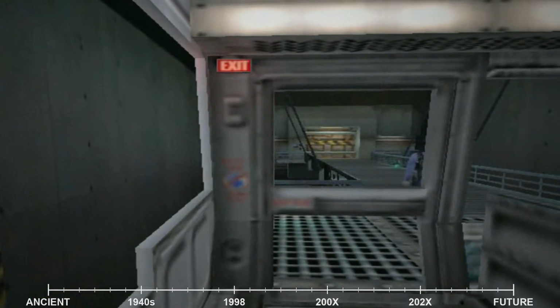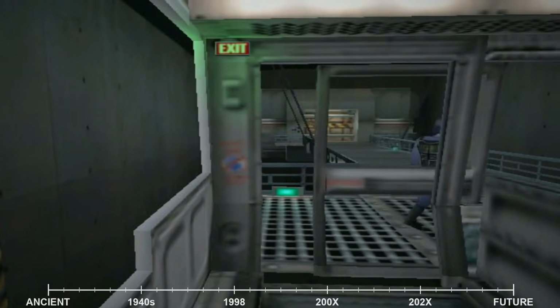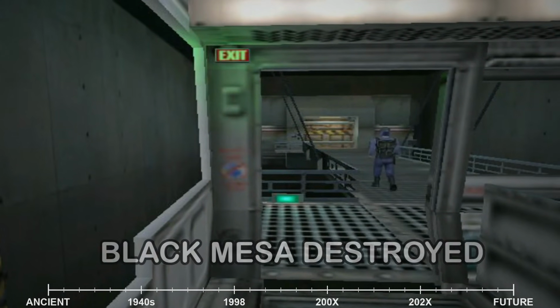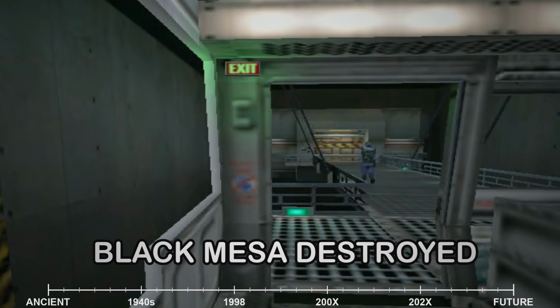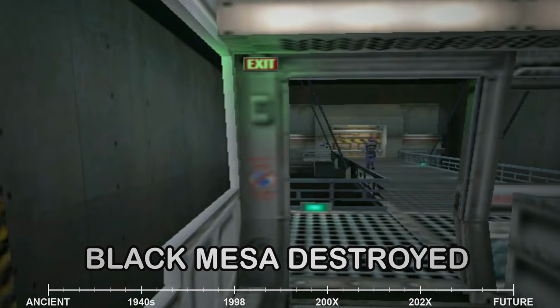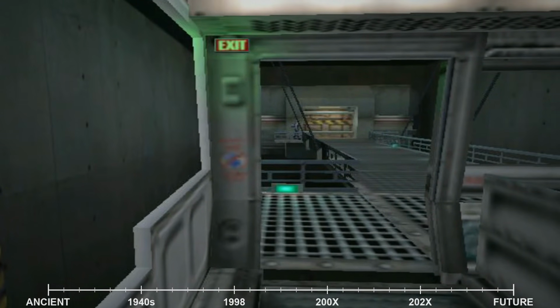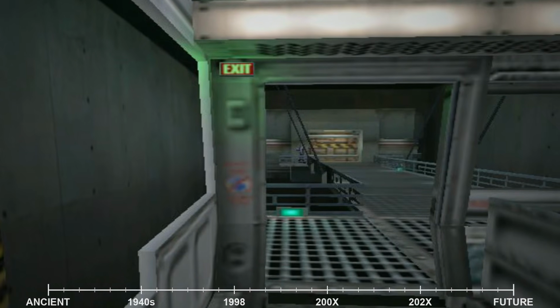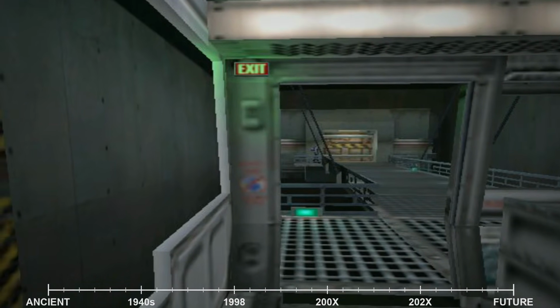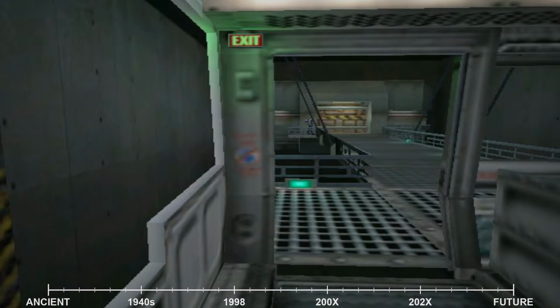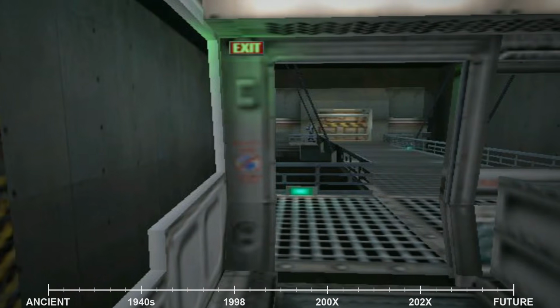institutions like Black Mesa and Aperture Science, whose rivalry and reckless pursuit of progress ultimately doomed them both. Black Mesa destroyed by its own resonance cascade and the subsequent nuclear strike. Aperture consumed from within by the very artificial intelligence it created, leaving behind only empty facilities as monuments to their ambition. And while Gordon Freeman's story remains unresolved with him and Alex Vance in the custody of the mysterious G-Man